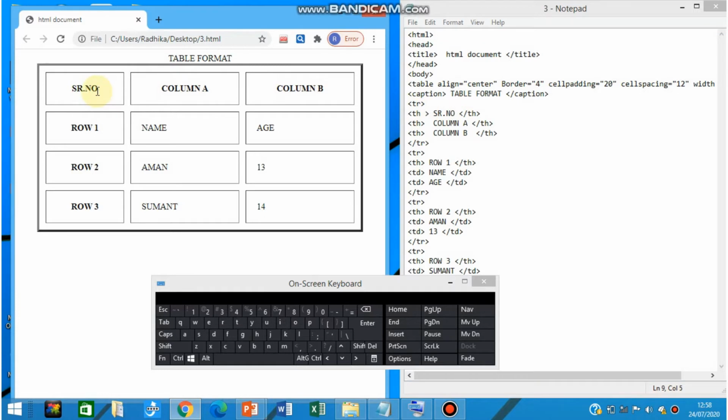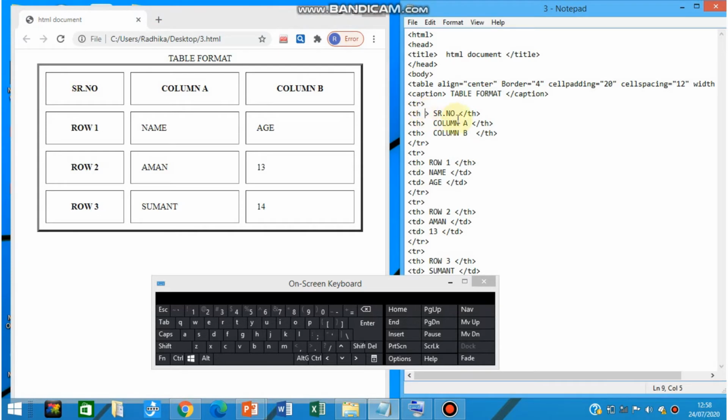Now inside the first row, this is the first cell, this is second cell, this is third cell. Okay, inside this first row, you have to change the background color of the first cell. So wherever serial number you have inserted in between the TH tag, in that after the TH, just write